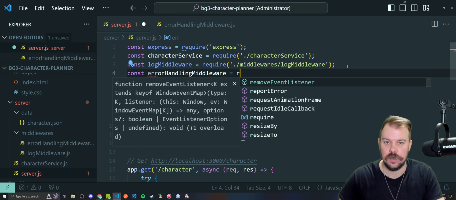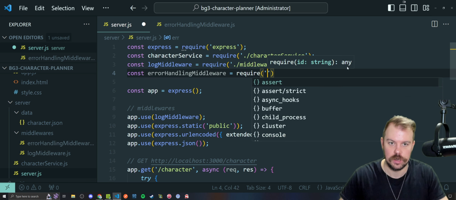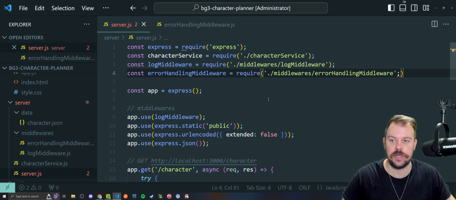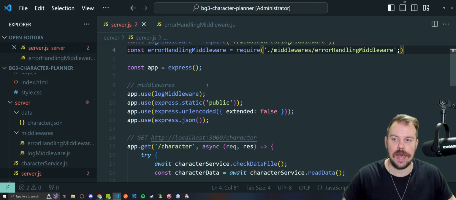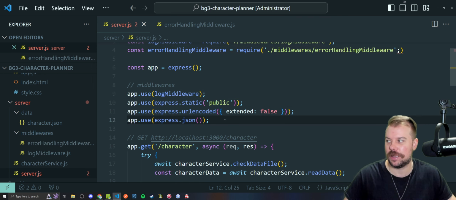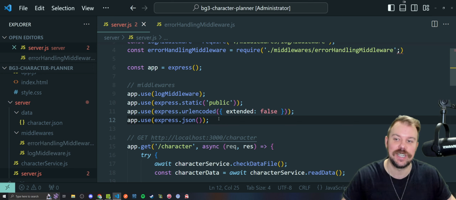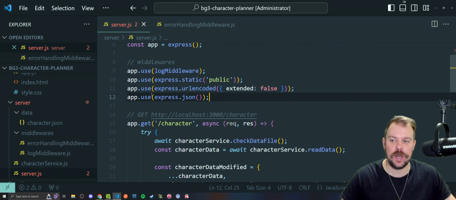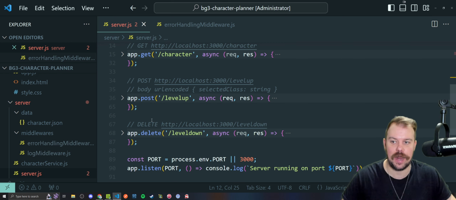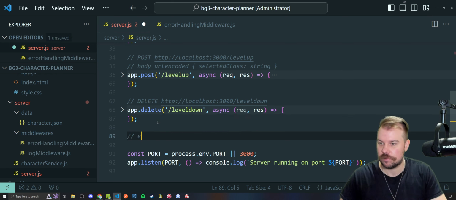Error handling middleware is a require to our middleware, custom written middlewares, error handling middleware file in particular. Now, we don't put it at the top because, well, we're hoping that doesn't come in with just an error right away. It's not going to go in this list of middlewares, even though that's typically where you would see middlewares. In this case, because it's an error handling middleware, we're handling any errors that happen to occur in our current 3 routes, our app get, app post, app delete for character level up, level down. Meaning,